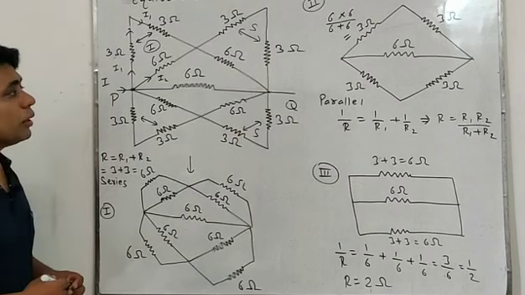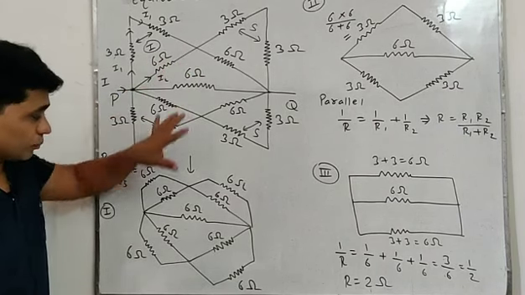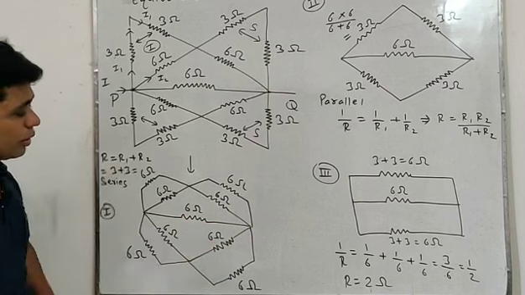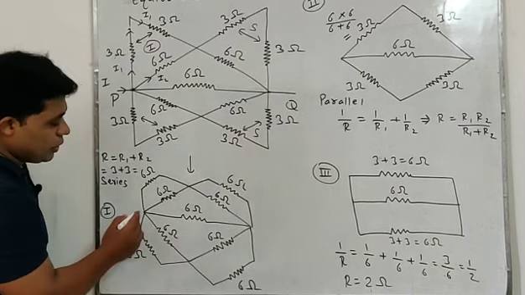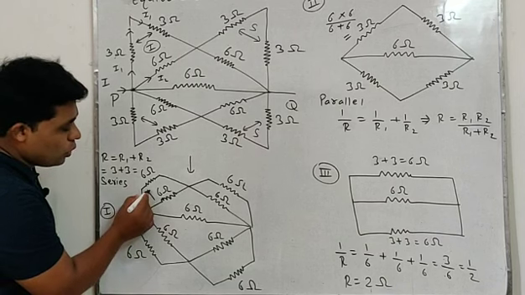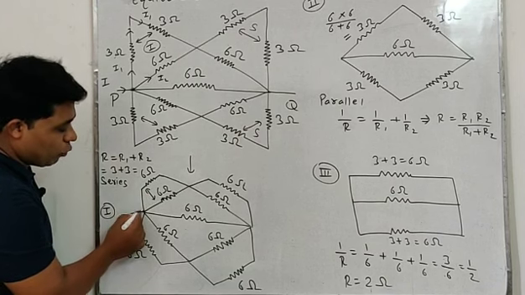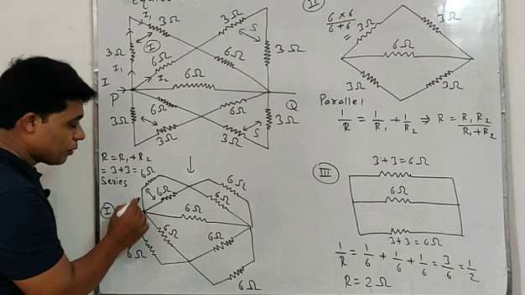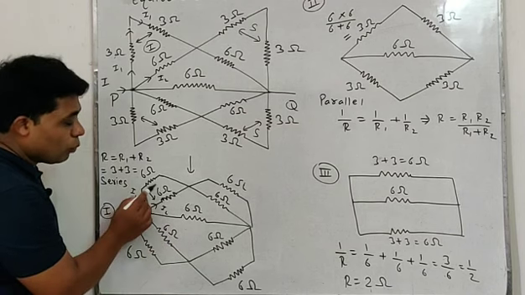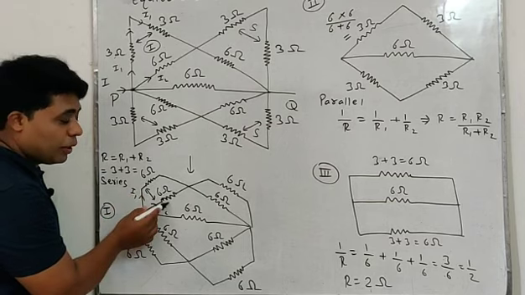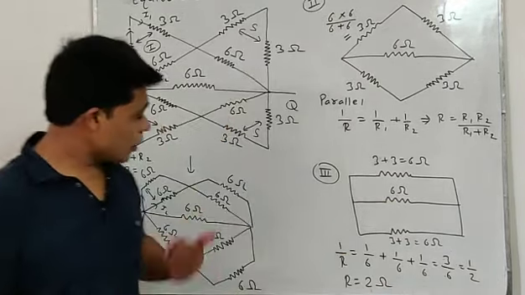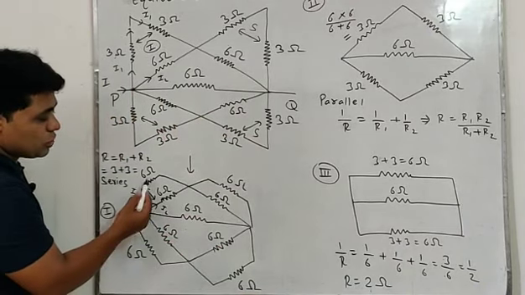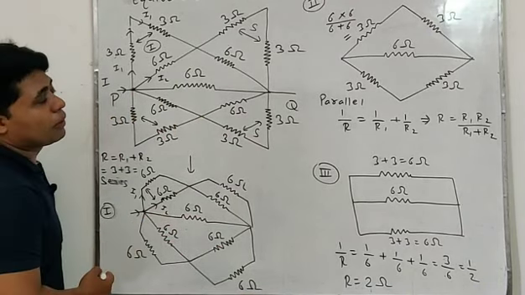This was the main circuit, our first circuit. Now students, come to that circuit. Actually, these two are in parallel, because when the current flows, it divides into two parts, I1 and I2, both having different currents. And when two resistors have different currents, they should be in parallel combination. So 6 ohm and 6 ohm should be in parallel.